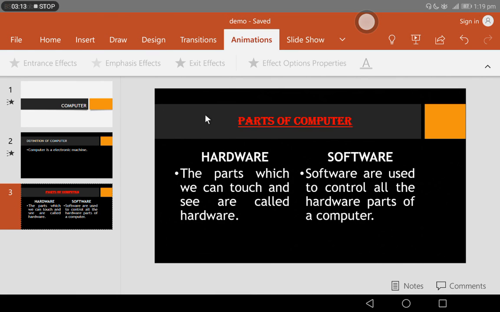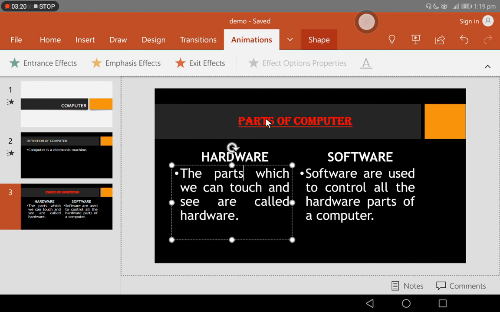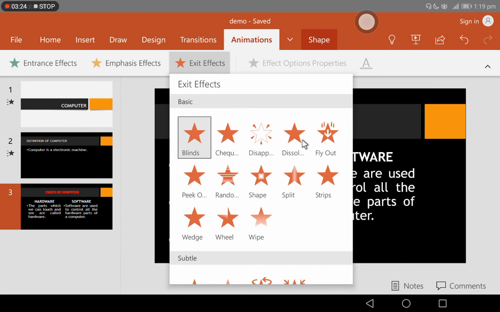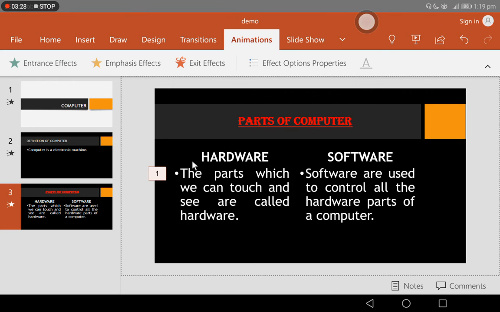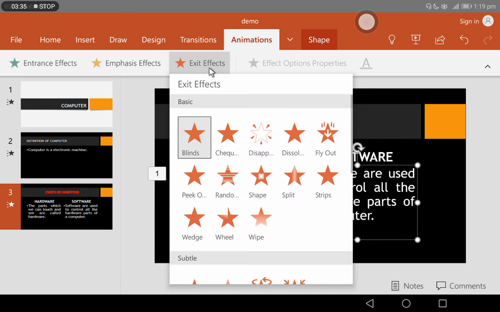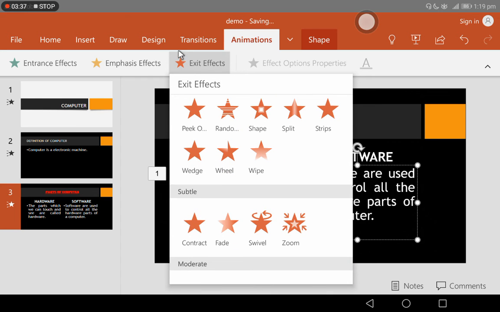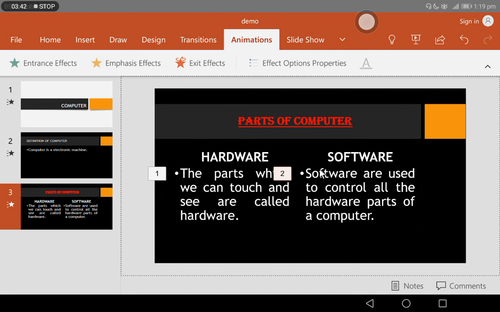now this is our third slide. So we will apply the exit effect on the third slide. I am applying all the animation effects one by one, so you can easily see the difference between all the three effects. So now